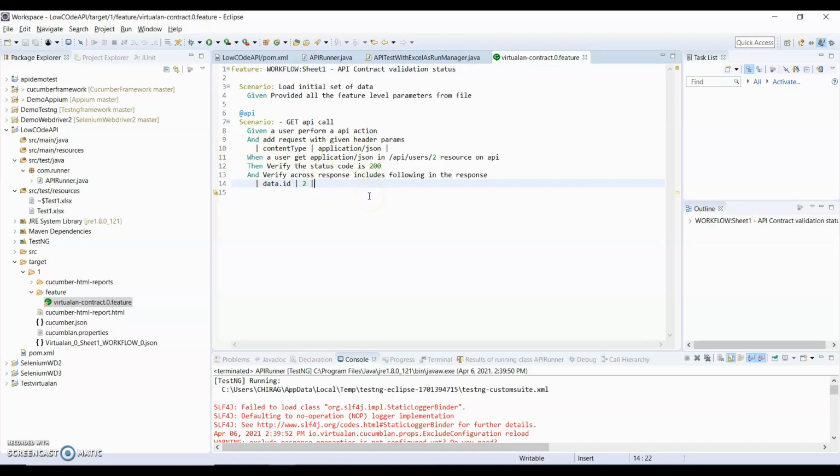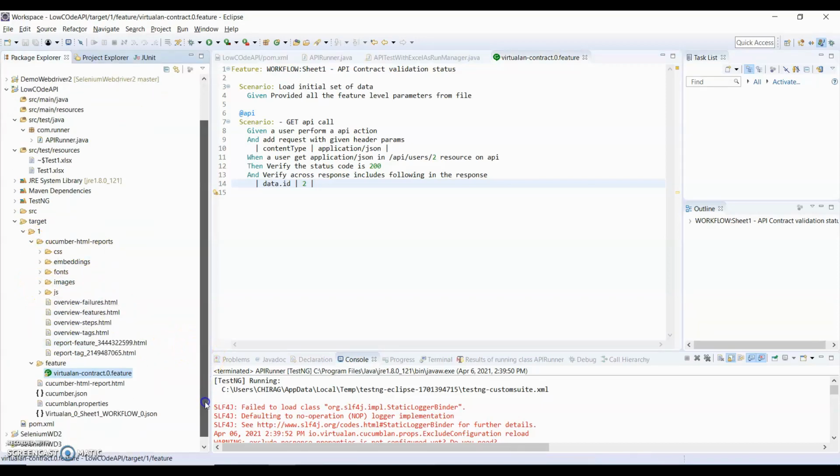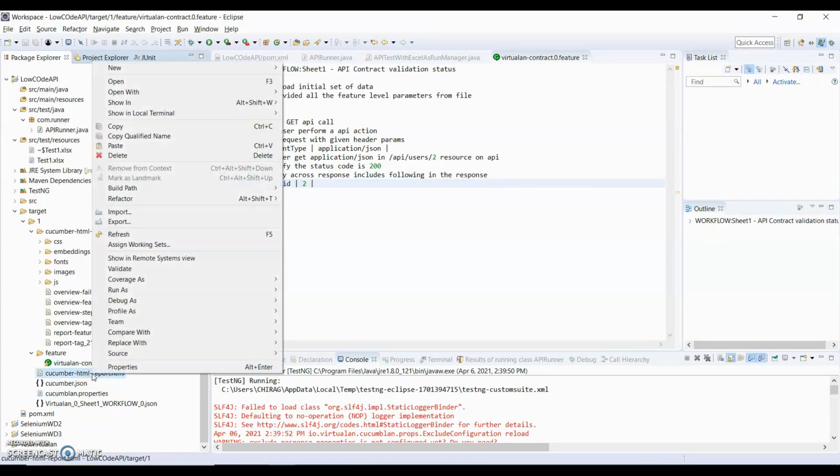So this is the way, this is the low code API framework. You do not need any coding knowledge, you just have to add the information in the Excel, and then it will create feature files. So it supports a BDD framework. Now any manager, any BA who wants to see a feature file, they can see this feature file, and this is the report. So there are multiple reports here. We will see this in an upcoming video, but in this I am showing this Cucumber HTML report,